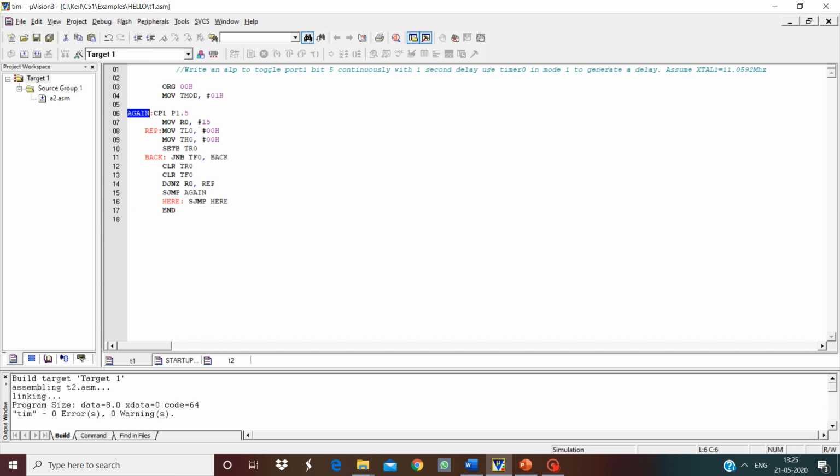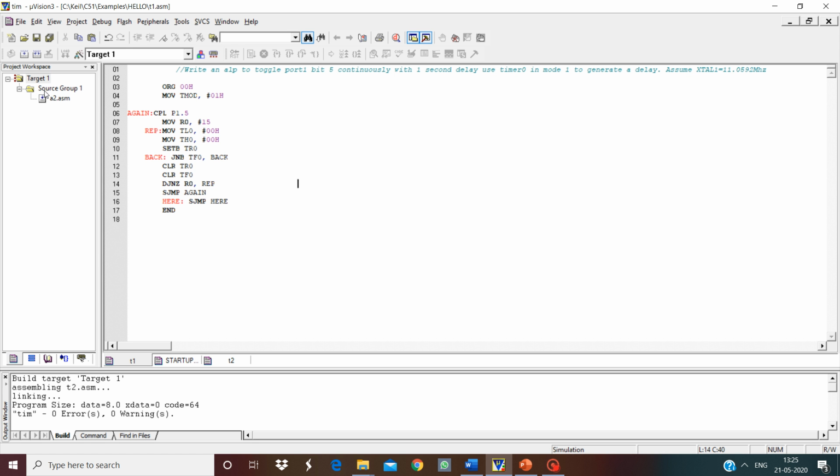Here again I have complement P1.5, so the output which was 0 now becomes 1. It stays 1 for 1 second, and the same cycle is repeated again and again. So the program toggles port 1 bit 5 continuously with a 1 second delay. Now we'll see the output.